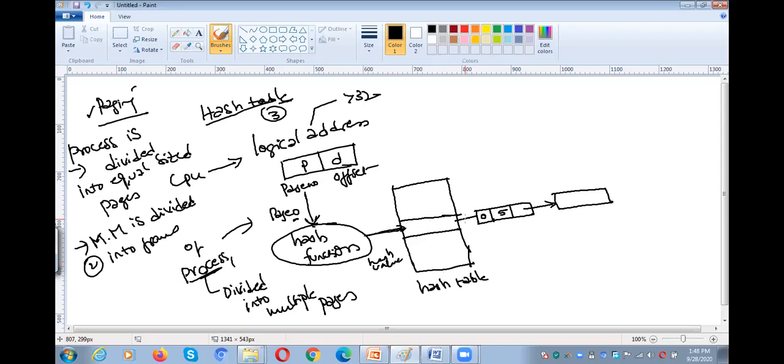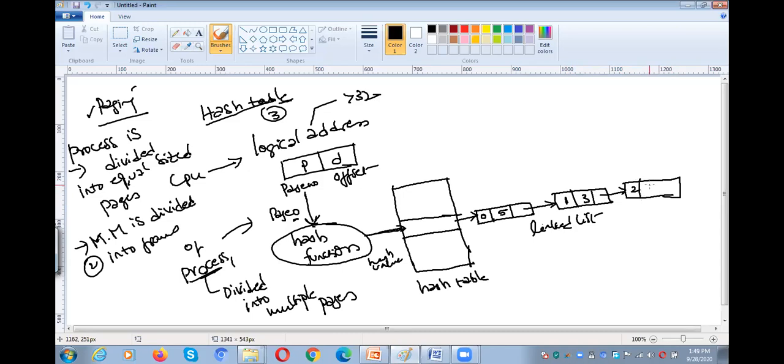If you go to that particular entry, it points to a list of nodes. That is the reason why it is called a linked list, because each node is linked to some other node. So the 0th page is available in the 5th frame. Maybe the first page is available in the 3rd frame. Like that, it will point to the next node.